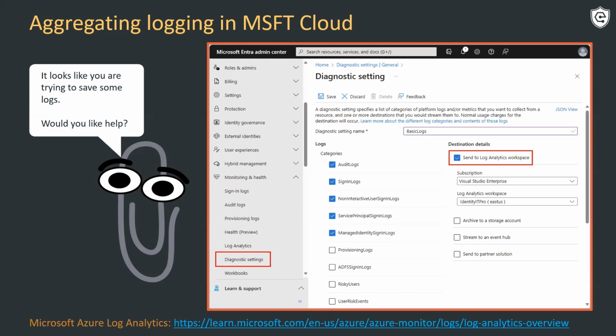It gives you the ability to search against it. You can set up dashboards. And once again, there's nothing huge up front you have to build or buy. So it's a quick way to get that generous log retention so that you can shore up your security posture, especially after a breach.